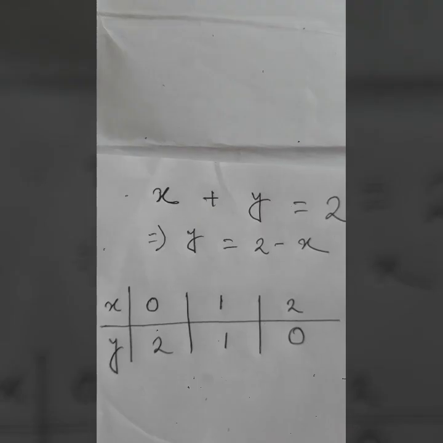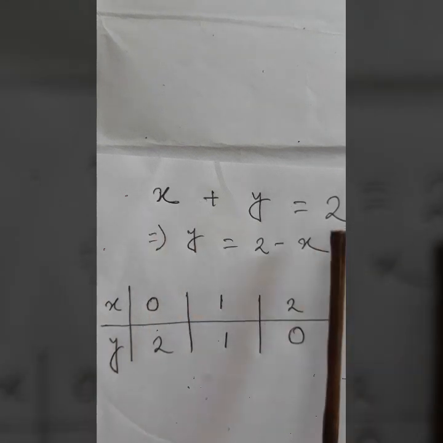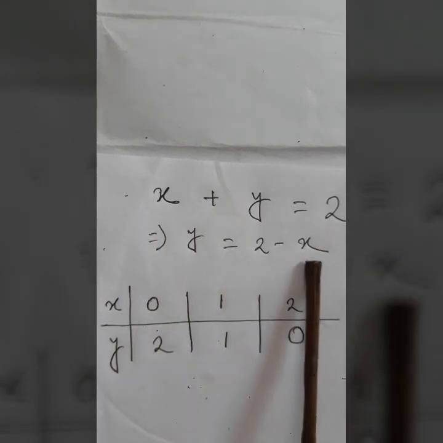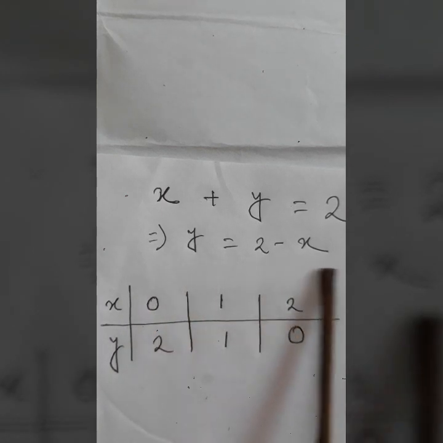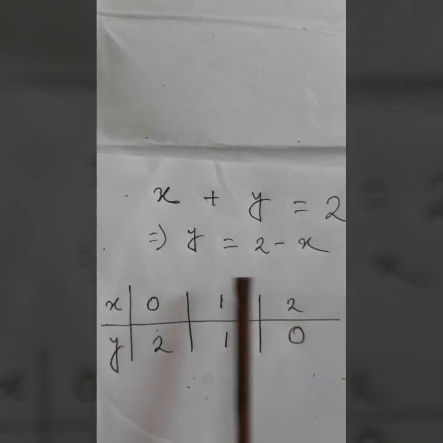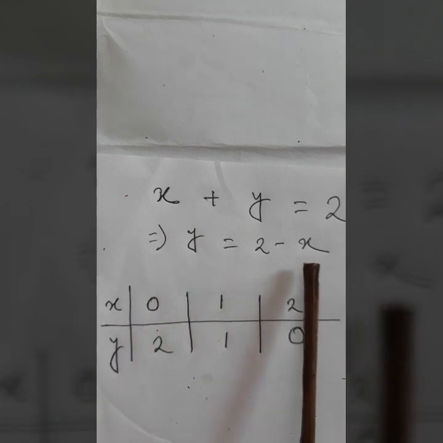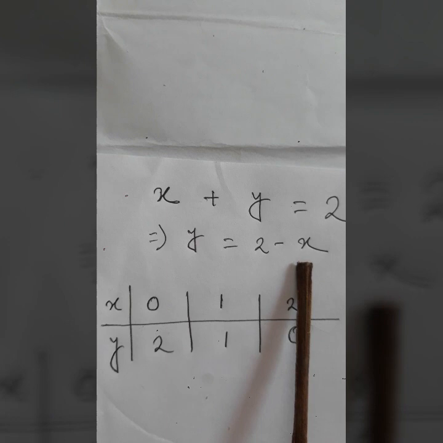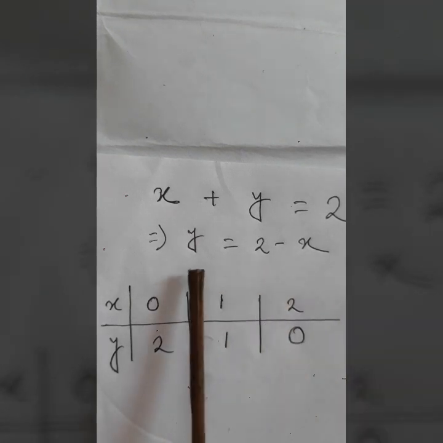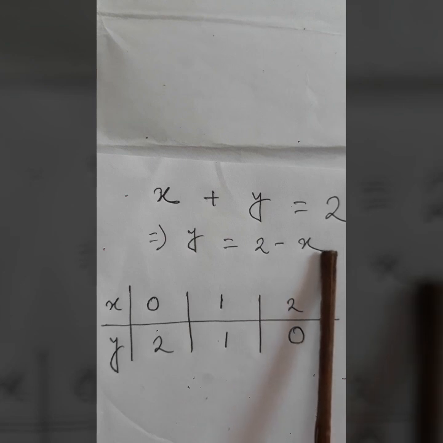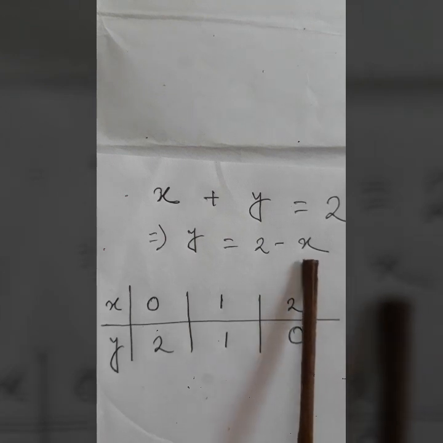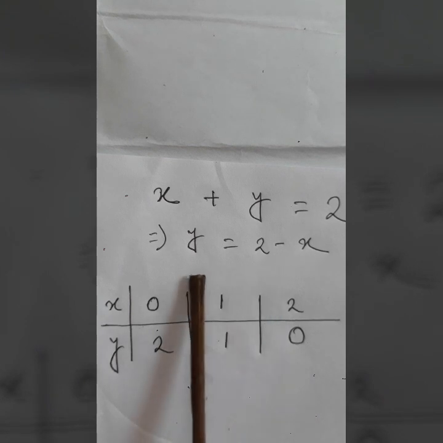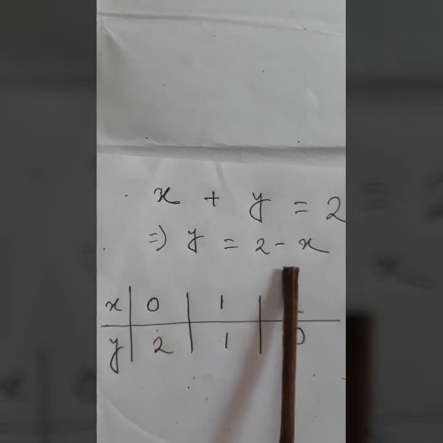For the graphical solution, at first we have to take the first given equation, that is x plus y is equal to 2, that is, changing the side of x, y is equal to 2 minus x. In this form of representation, y is the dependent variable and x is the independent variable. Why? Now the values of y depend on the values of x. That means if we put the value of x, from that we can find the value of y. In this process, that's why y is the dependent variable and x is the independent variable.